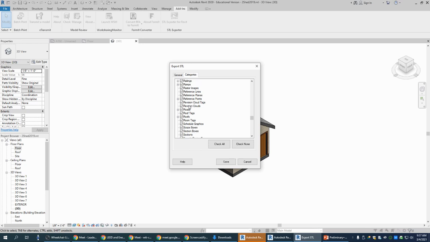I need to take the roof off because we're going to print the roof separately, so take that out. And you just kind of got to go through here, and anything that you recognize that you pulled out, you're going to want to remove. Okay, so you got to just kind of go through there, but most of the stuff will still stay in. Then you're just going to click Save,